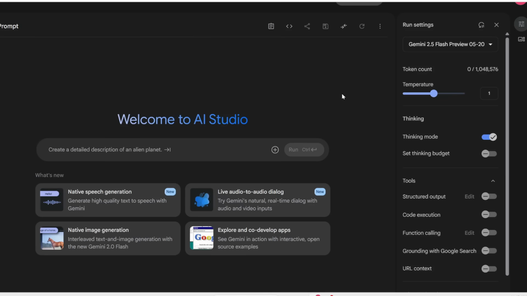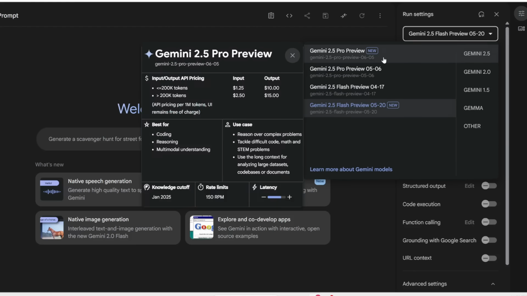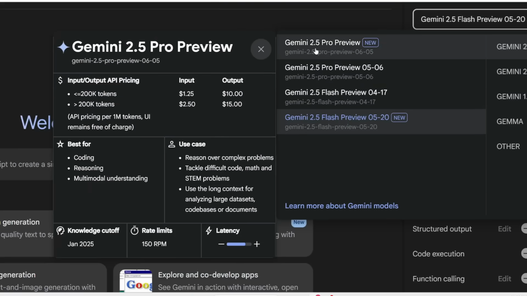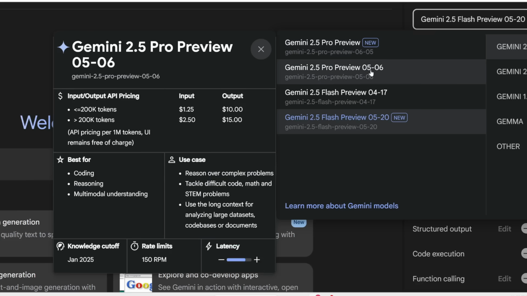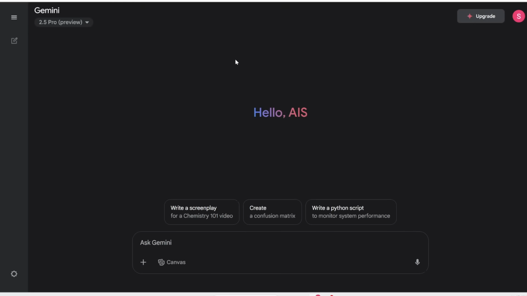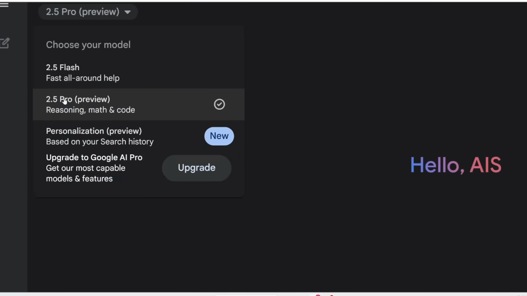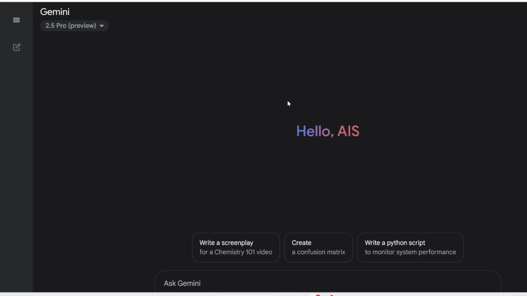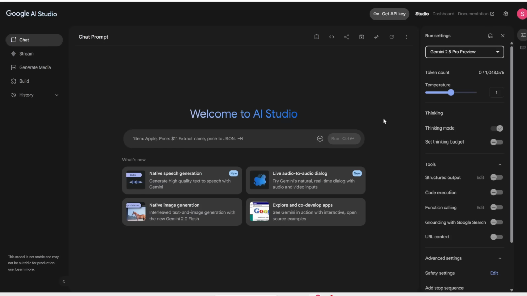And best of all, you can use it for free. So in Google's AI Studio platform, which I'll link to in the description below, in this model dropdown, over here, you can select this latest Gemini 2.5 Pro 0605. Again, not to confuse this with 0506. They mentioned that it's also available in the Gemini app. So you can also go to Google's Gemini platform, and in this model dropdown, you should see 2.5 Pro preview over here. And at least according to the release, this should be the latest version. Anyways, I'll link to both platforms in the description below.